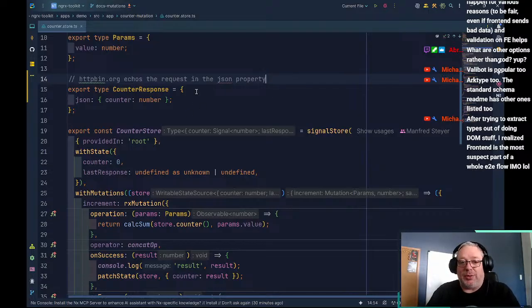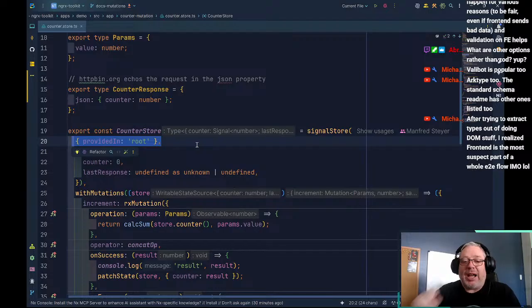So this is our store. We're doing a provided in root. I don't do this very often with my signal stores, and this is something that I'm really looking at trying to figure out. Provided in root is an interesting concept